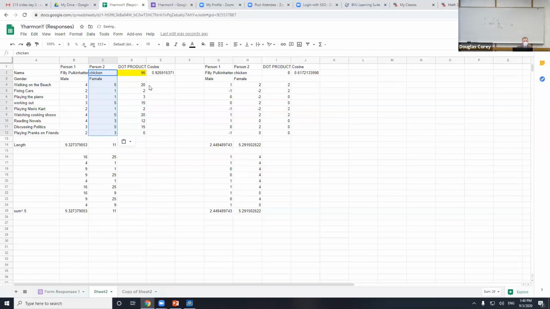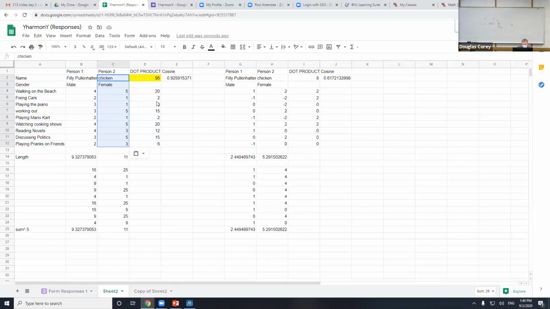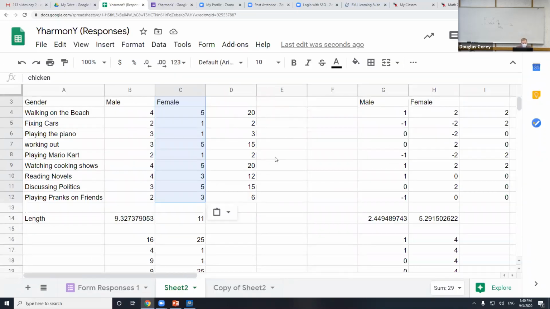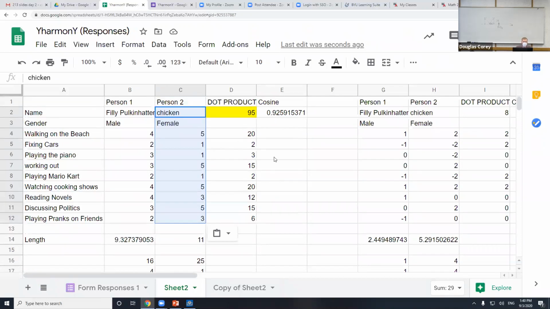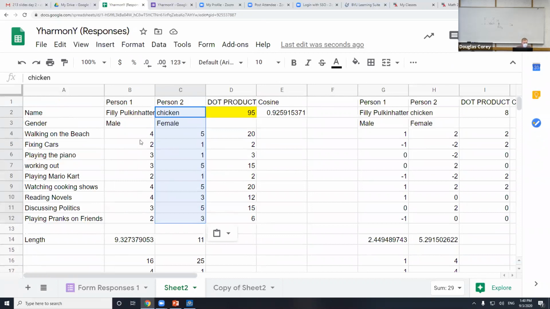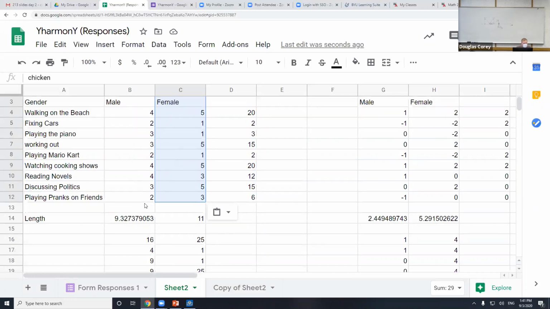Okay, so what have I done here? Can you guys see that okay? There, is that better? All right. The first thing, below each of these vectors, is I calculated the length. So how do you calculate the length of all these? Think of the Pythagorean theorem. I have to square each one, add them together.